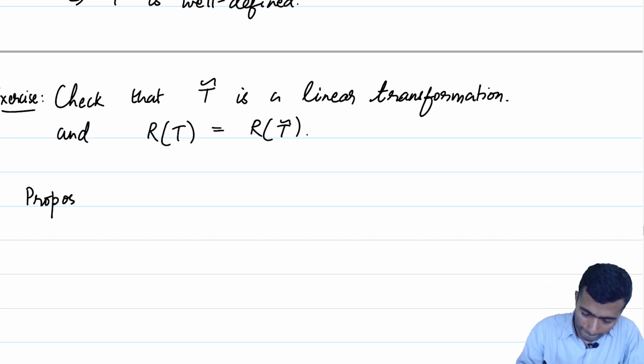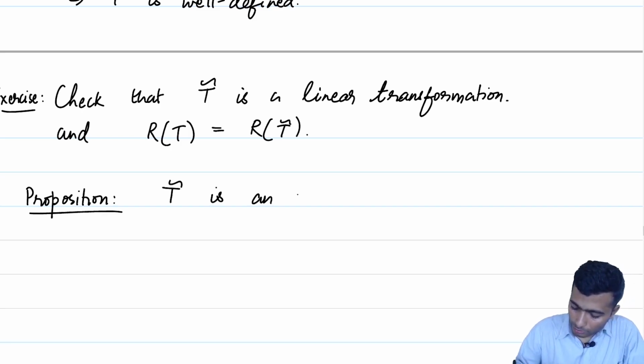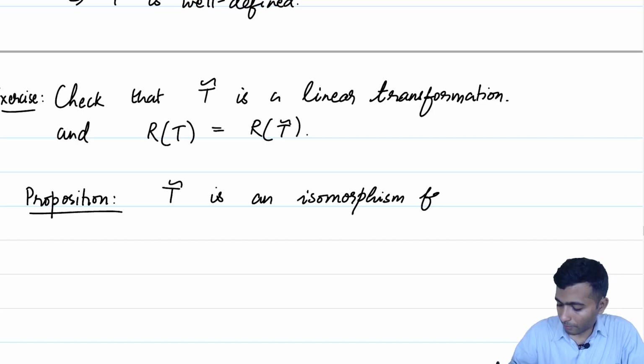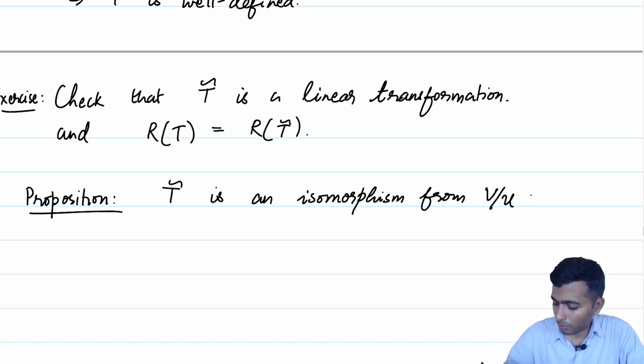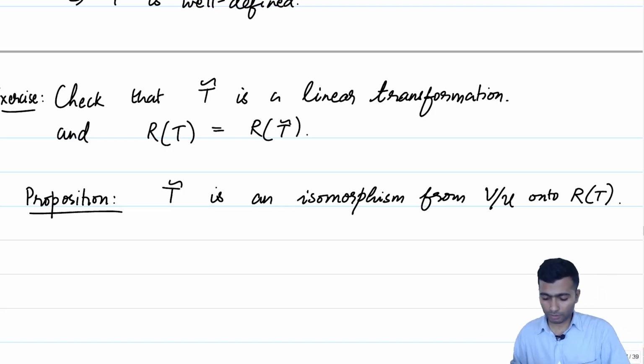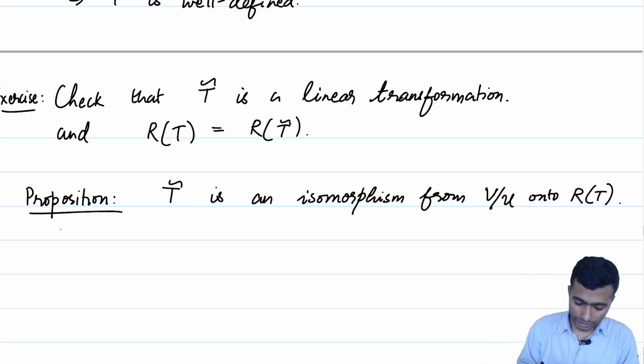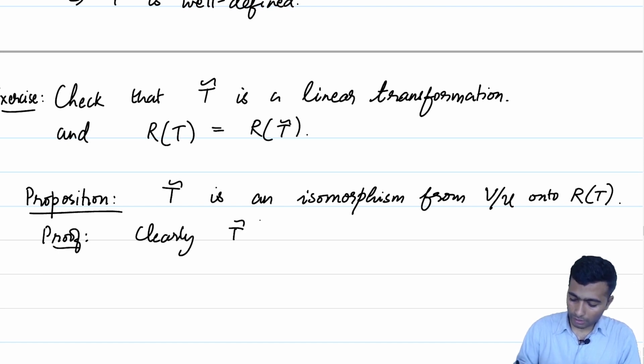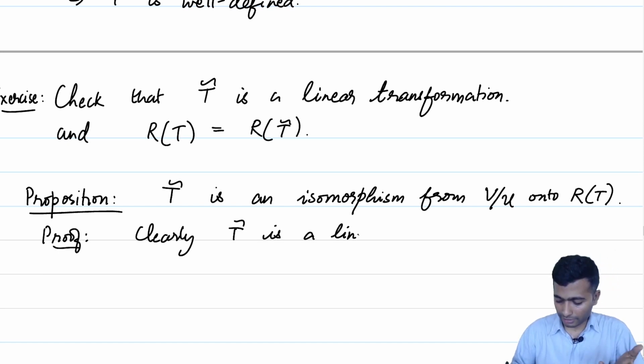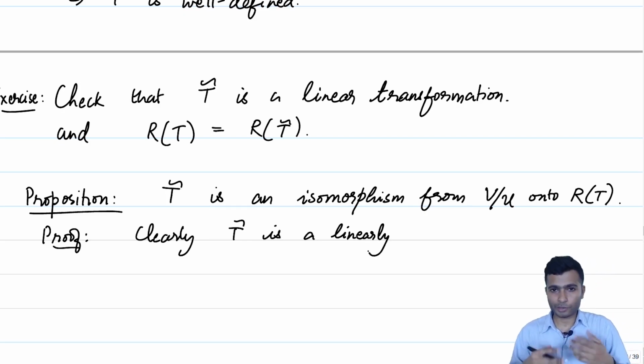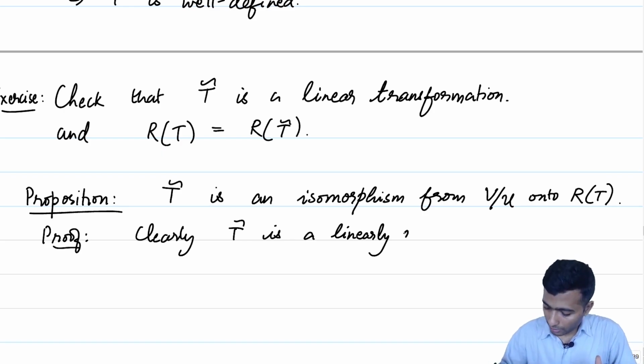Proposition: T tilde is an isomorphism from V mod U onto R of T. So T tilde is a linear map. Let me give a proof. Clearly, T tilde is a linear map by our exercise. Clearly is all based on whether you have solved the exercise or not. Assuming that you have done the exercise by now, T tilde is a linear map